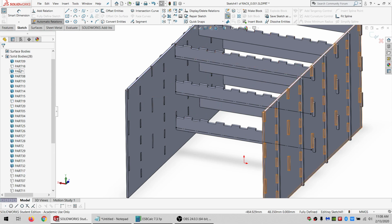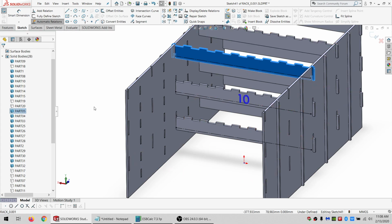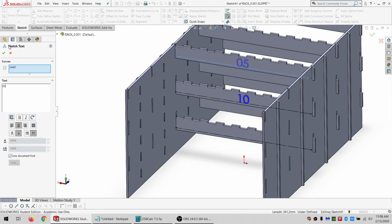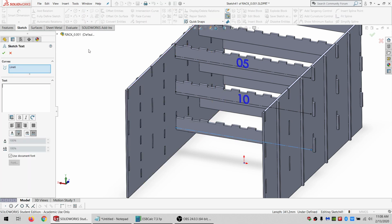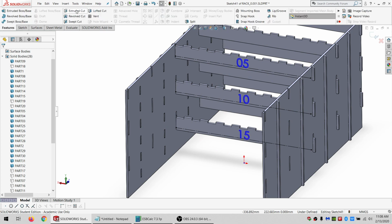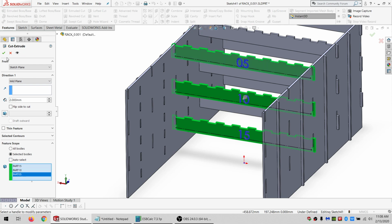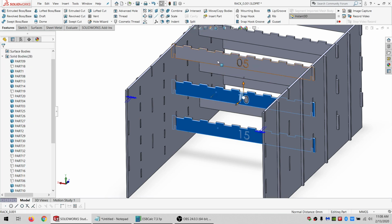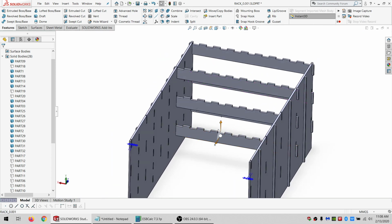All right. And this is 10. And that's 5. And that's 15. Strip cut, mid-plane, applying only to those. And we'll hide these. By the way, the reason I'm doing this after the kerf is that it just makes